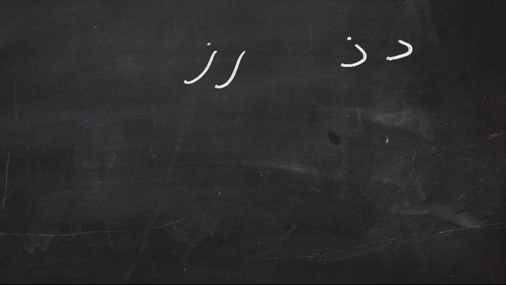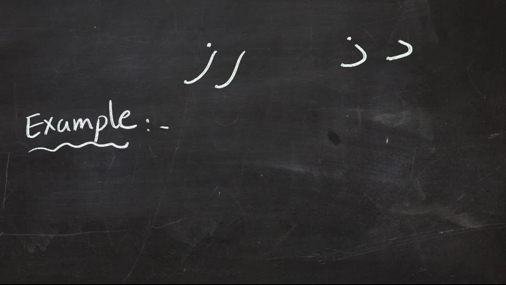Next up, we're going to have a look at what we've done so far. In this lesson we discussed 4 letters: Dal, Dhal, Ra, and Zay. We're going to have a look at some examples involving these letters and the letters of last lesson. The first example is